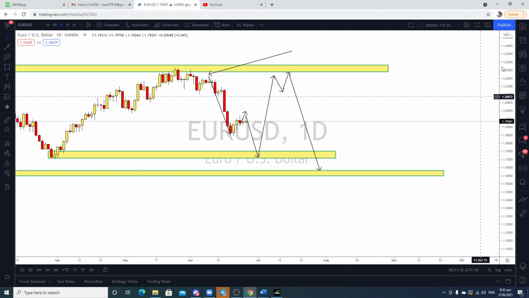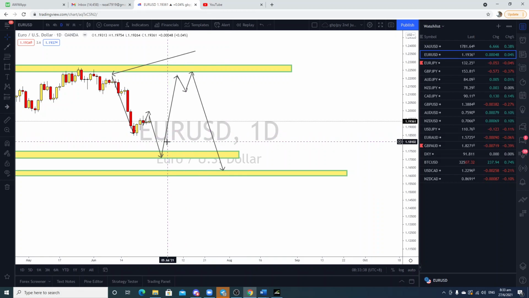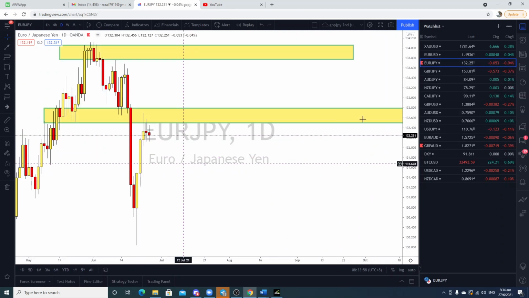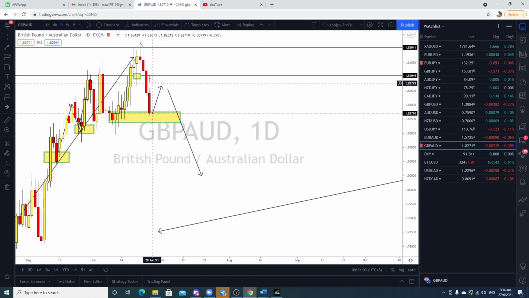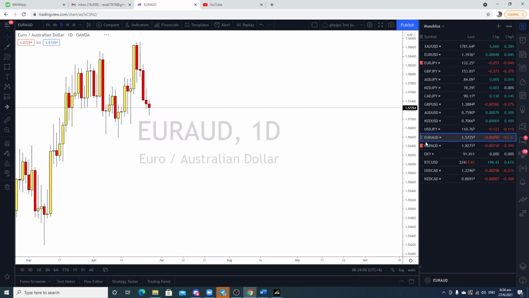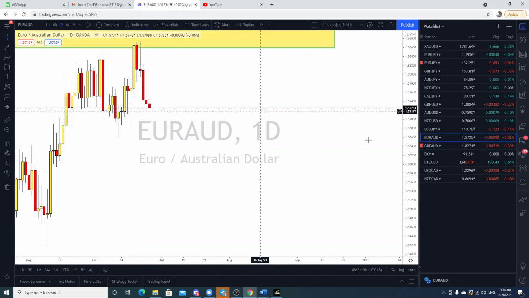And for me, when I look at a certain pair, right, if pair have this after a trending move, I will anticipate that it's going to move sideways and momentum is going to be weak. So I don't like to participate in this kind of pair, which I anticipate that the momentum is going to be weak from both sides. So I do not want to be there. I want to take part where there is a potential where the market is going to give me good movements like pound Aussie, Euro Aussie, alright, last week. So that is where I make my trade calls.